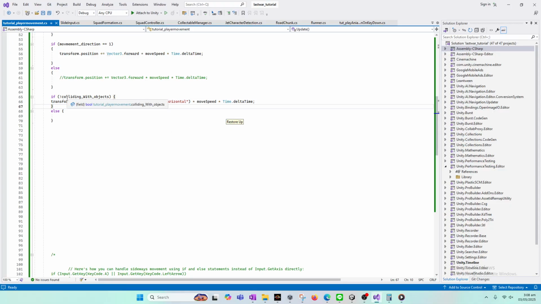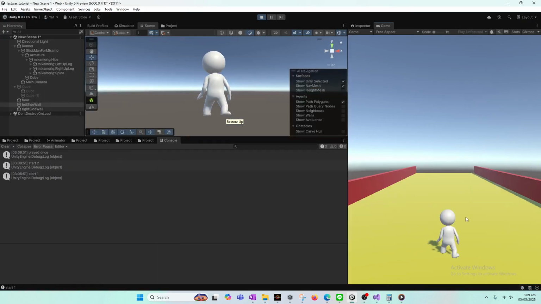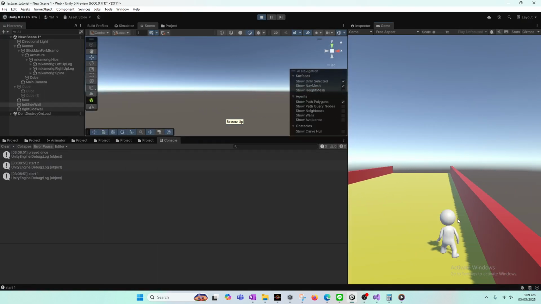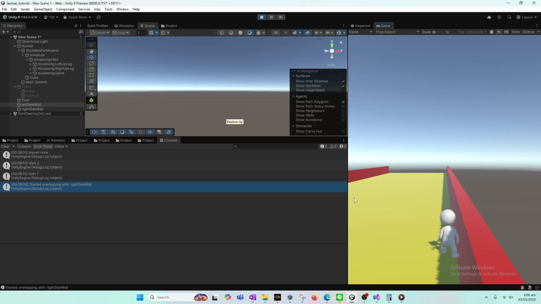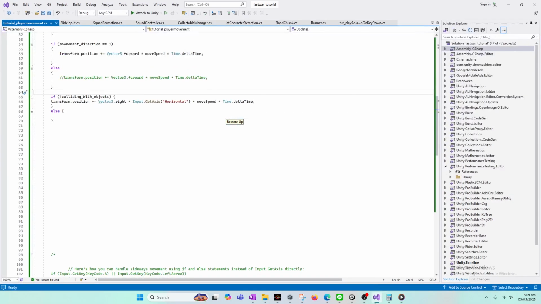what it did was, our previous script stopped the player from movement once it touches this left side or right side. However, what we wanted was that if it collides with the left side of the wall, then it should stop moving along the left,